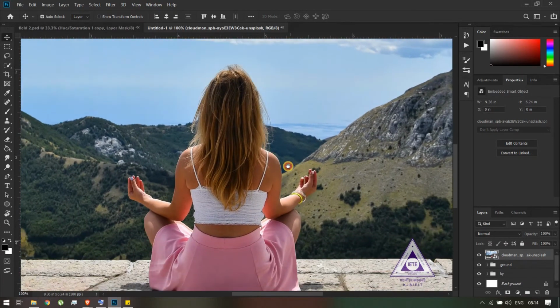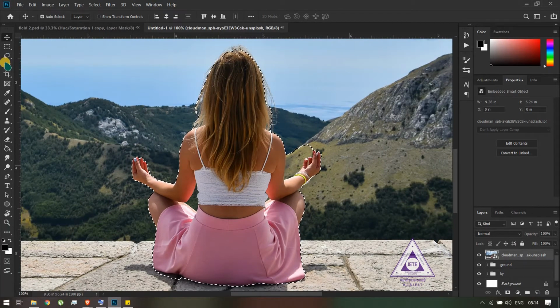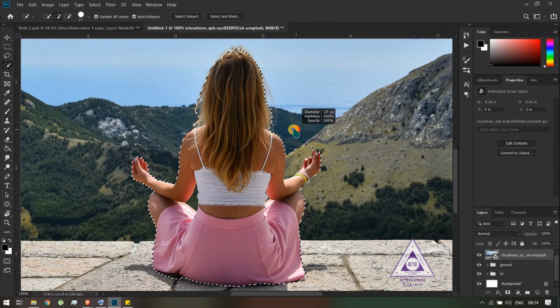Only a few things need to be refined here. So I'll be doing that with the quick selection tool and using Select and Mask.